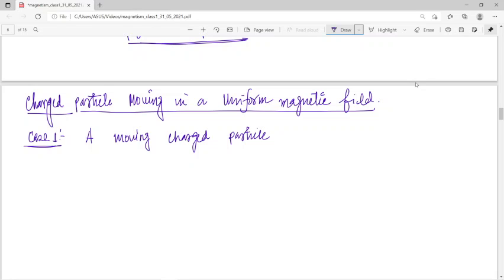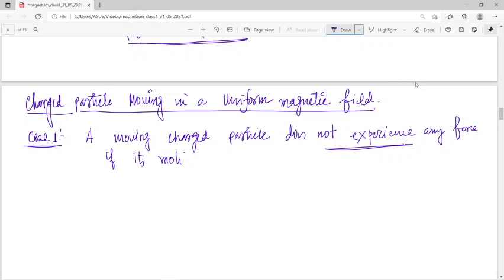That means a moving charged particle does not experience any force if its motion is either parallel or anti-parallel to the magnetic field, because the magnetic force is q v cross B, that means q v B sin theta. If theta is 0 or 180 degrees, then the value is 0,